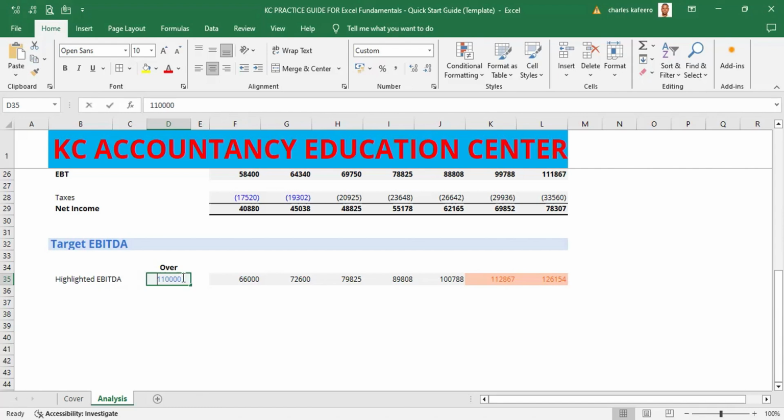If you put this value at 80 million, you'll find that these other values are also going to be highlighted. If you put it at 90 million, you find that this value will not be highlighted. If you put it at 70, even this value will be highlighted. So we are seeing that these values are